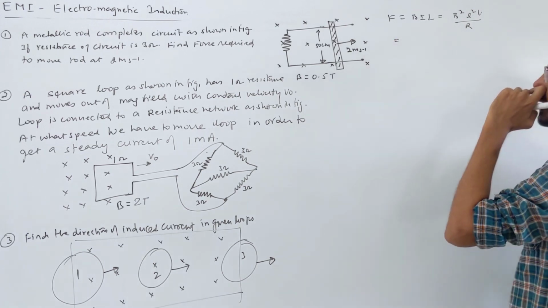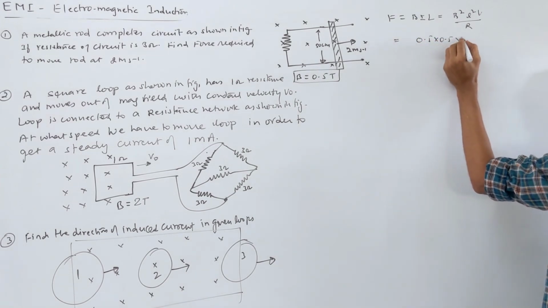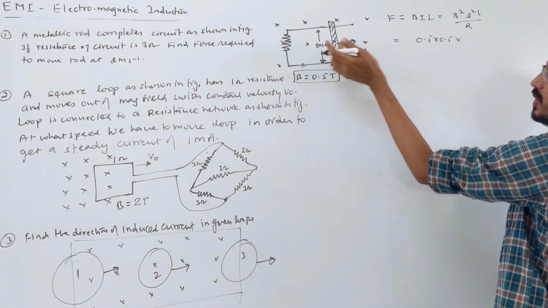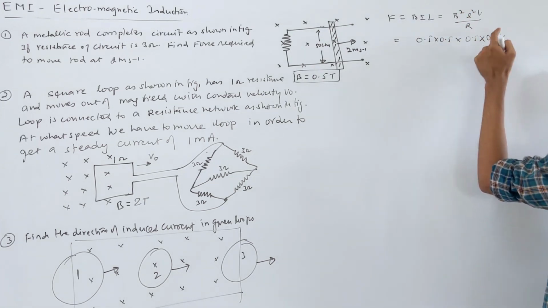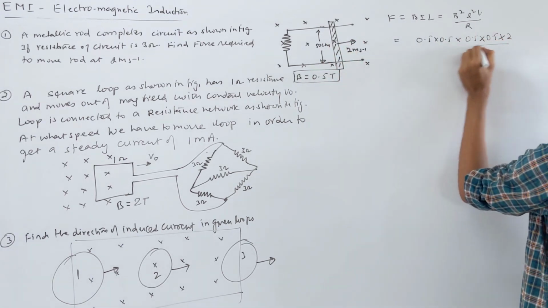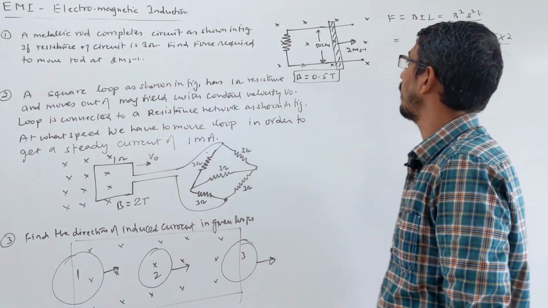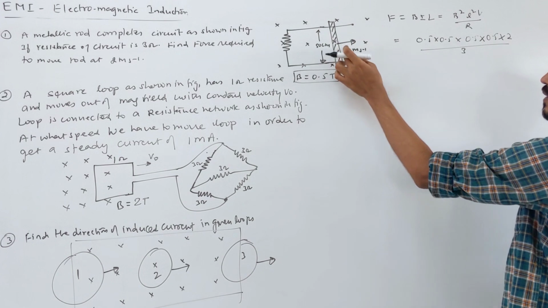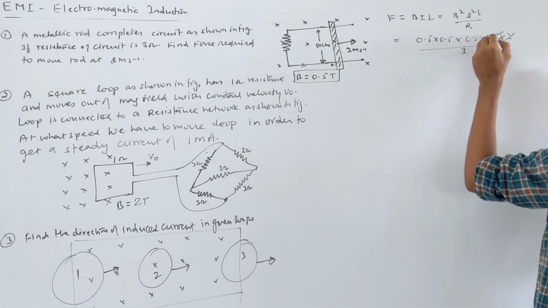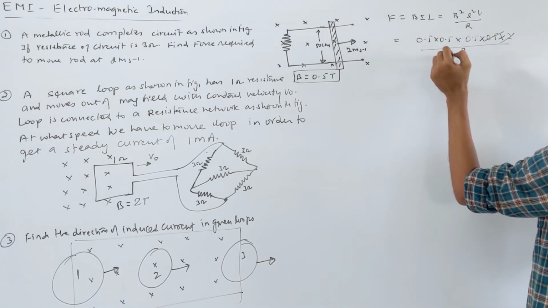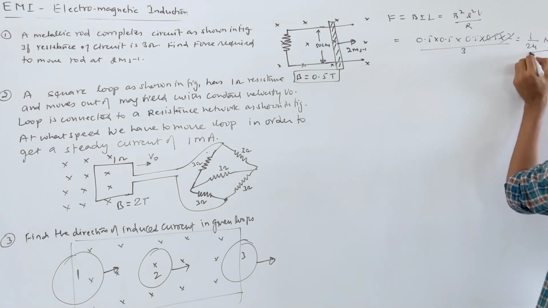Correct? Look here, the magnetic field strength is given as 0.5, so 0.5 into 0.5. What is the length of the conductor given? 50 centimeter, meaning again 0.5 meter, and this is squared. Then the velocity is already given, 2 meters per second. The resistance of this loop is given as 3 ohm. That's the length of the conductor, that's the velocity, that's the magnetic field, all given in the picture. So how much does this come to? 1 you can cancel here, so 1 by 2, 1 by 4 and 1 by 8, so 1 by 24 Newton. That will be your answer.